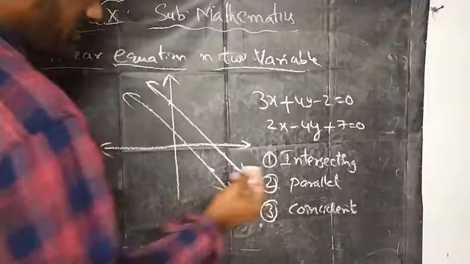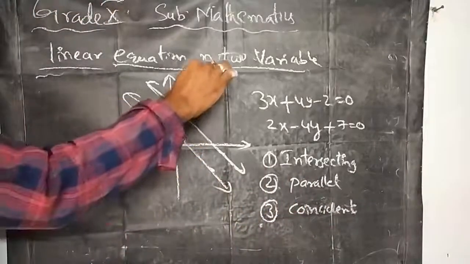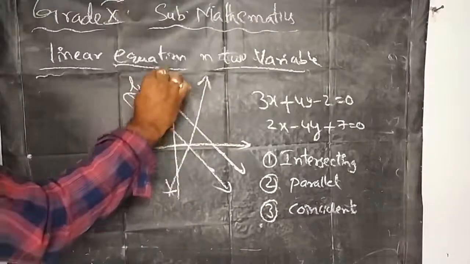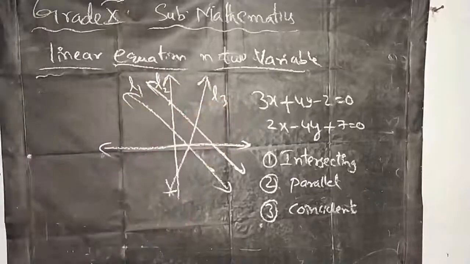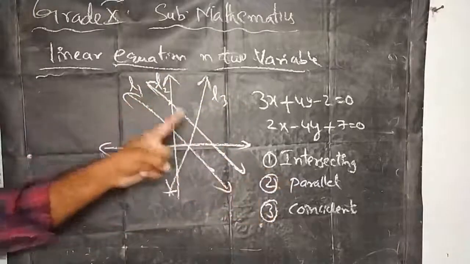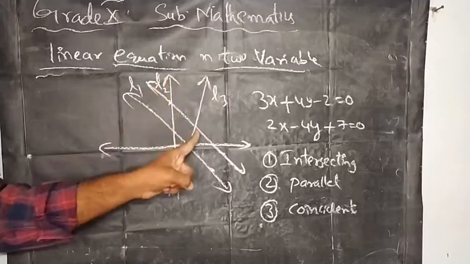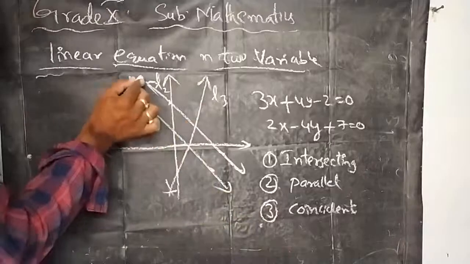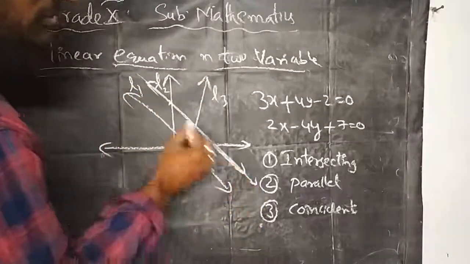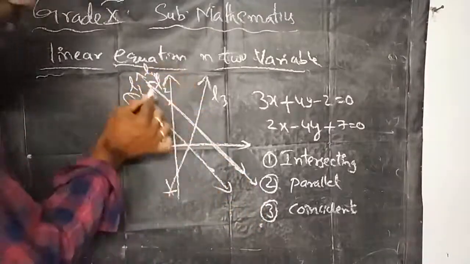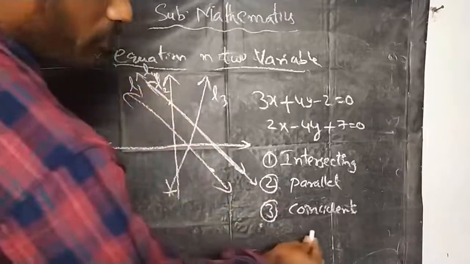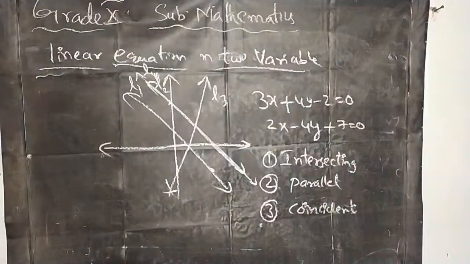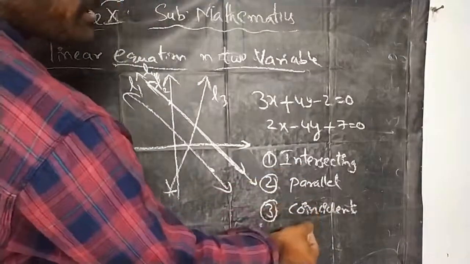So we know what intersecting lines are. So these 2 are parallel lines. If I am drawing lines like this, let us suppose these are L1, L2, L3 lines. So L1 and L2 are parallel lines, L2 and L3 are intersecting lines, L1 and L3 are also intersecting lines. Coincident lines, if I am drawing like this, here L4. So L2 and L4 are called coincident lines. So these are the 3 types of lines we are going to learn in this chapter: intersecting lines, parallel lines and coincident lines.